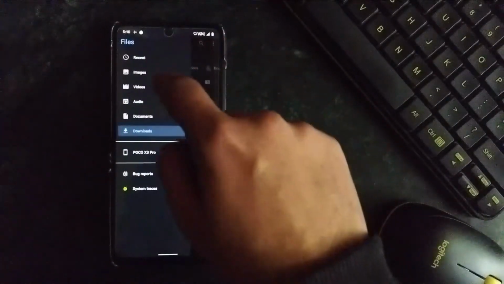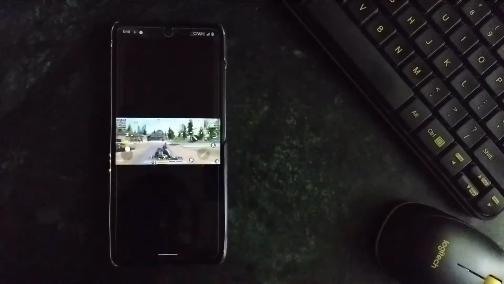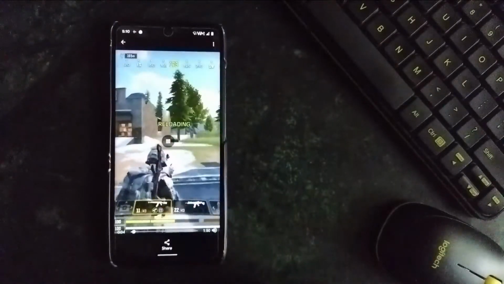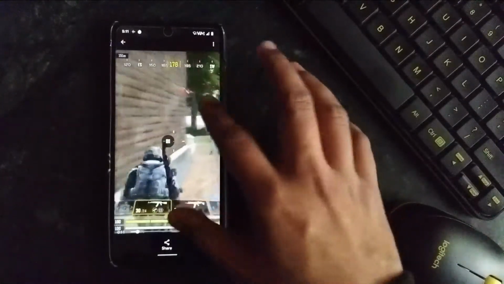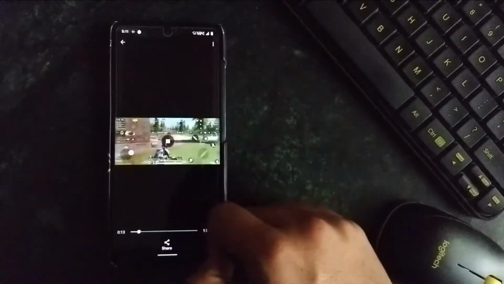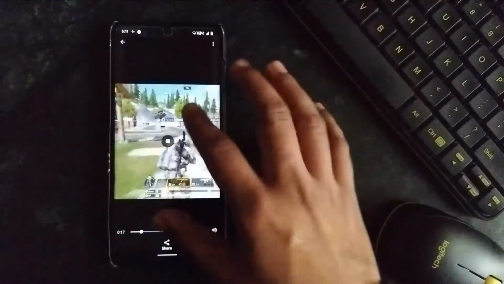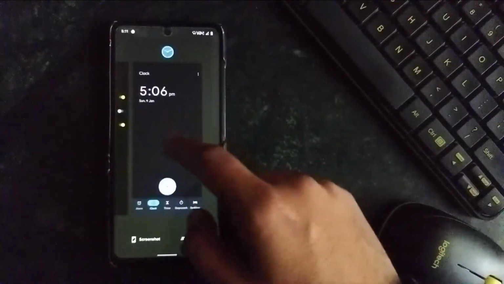I think, yeah. So I played COD on medium graphics and a very high refresh rate, and it was working very much fine. No stutters and no lags were there while screen recording also. So yeah, this was working very much fine. I played this and it was not heating very much, and it consumed only 9% of battery for a whole single game. That is like a 15 or 20 minute game.